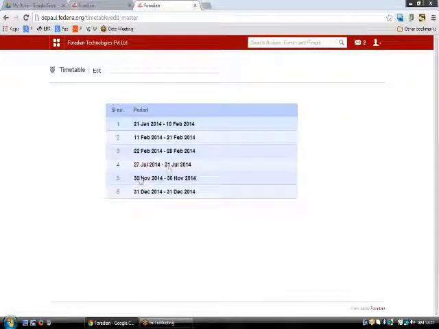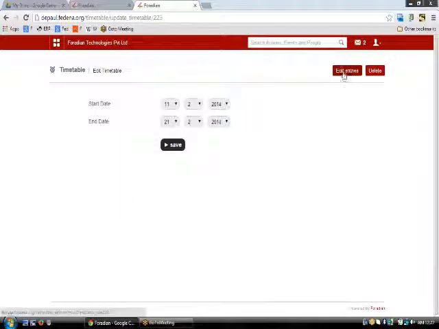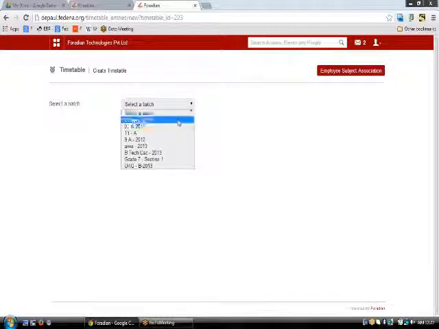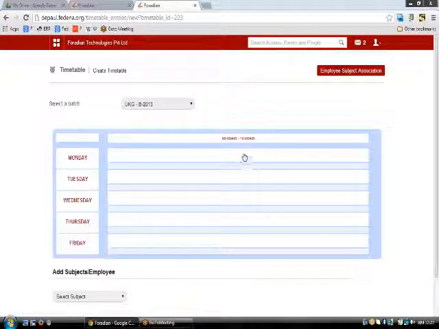Like let us say we have this timetable which says 11 Feb to 21 Feb. And if you want to edit the timetables, just click on edit entries. Select the batch here, and as you can see, this particular batch has been assigned a class timing set where they have only one class from 9 a.m. to 10 a.m. So I need to select the subject here,